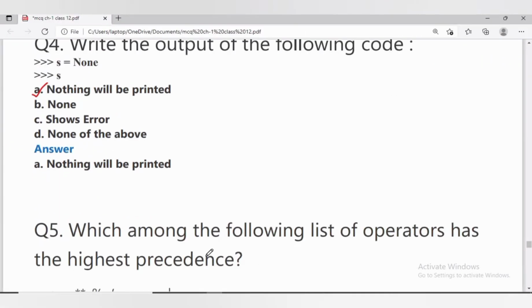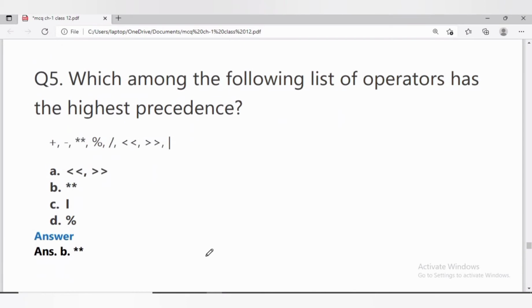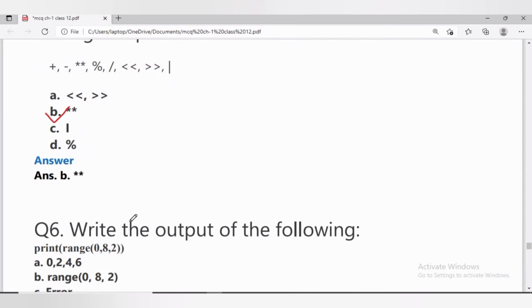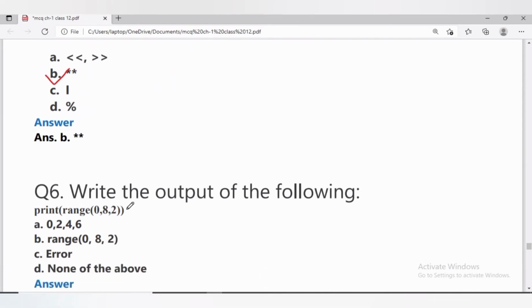In question number 5, the highest precedence operator is exponential. Answer will be option B. In question number 6, write the output of the following. Print range 0, 8, 2.